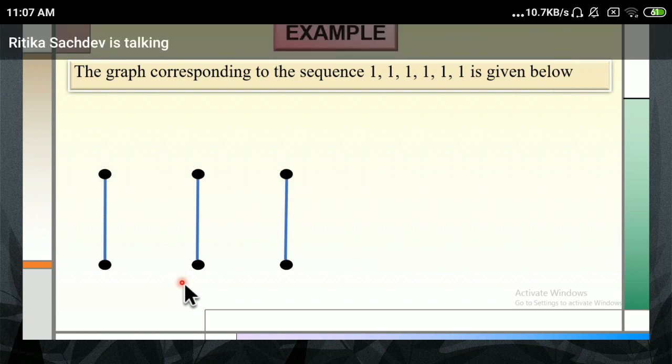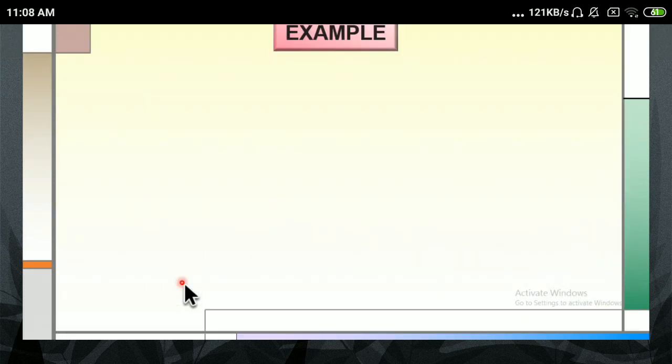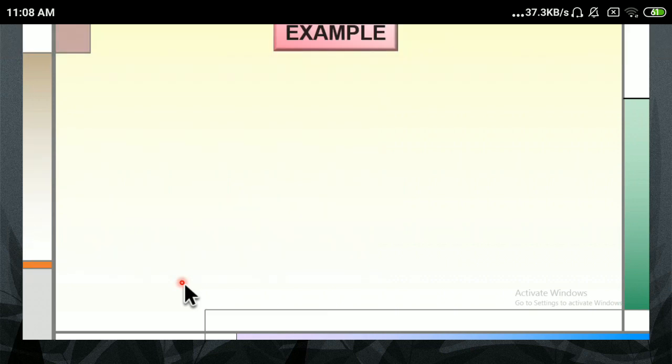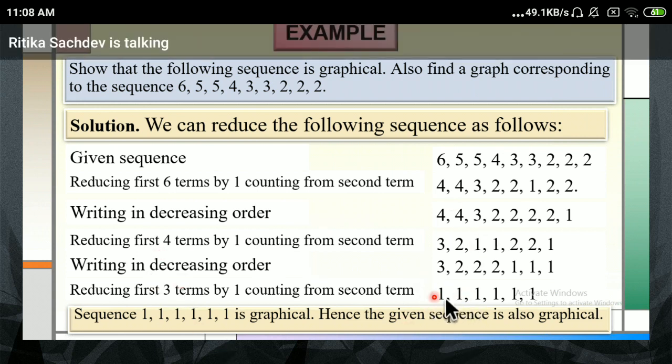Okay. Now we will go in the reverse order. What was the reverse order? Let's check. This was the reverse order. We stopped here at 1, 1, 1, 1, 1, 1. Now I'll go in the reverse order. What was the reverse order? When I went from this step to the next step, that means when I went from 3 2 2 to the next step 1, 1, 1 and so on,